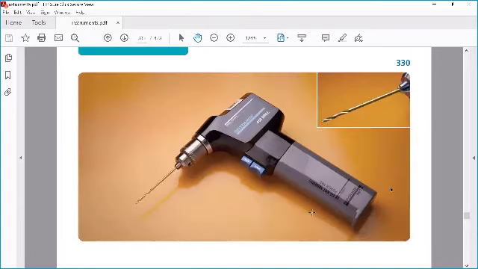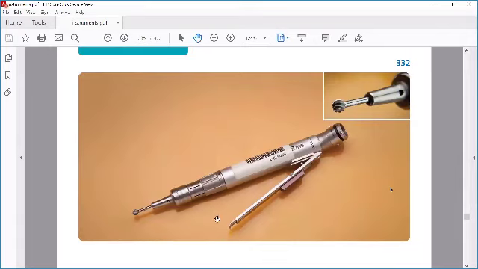Yeah, this one, the drills. These are the power drills. This is a burr, used when we are doing a tumor case or an osteomyelitis case. When you want to burr, like clean the medulla, we use a burr. Just see how the burr looks.